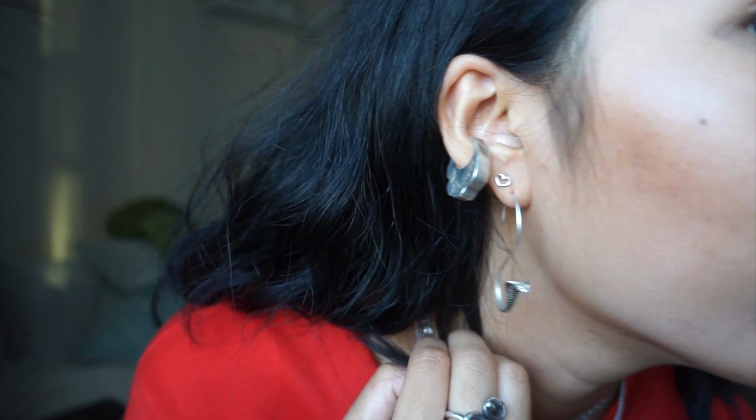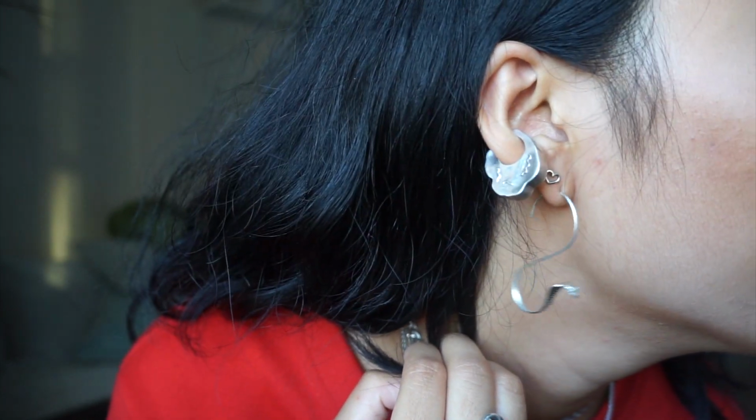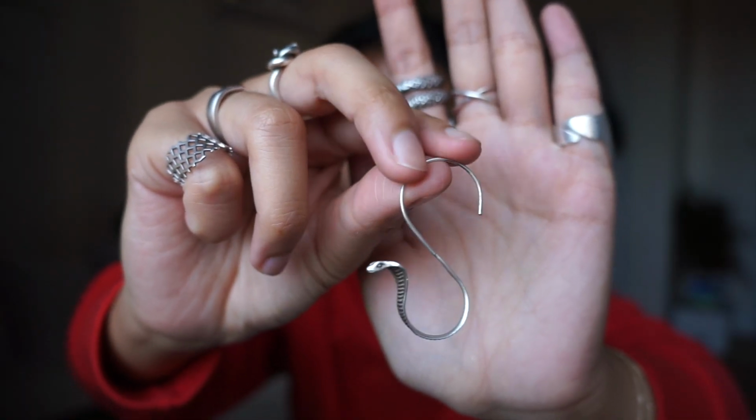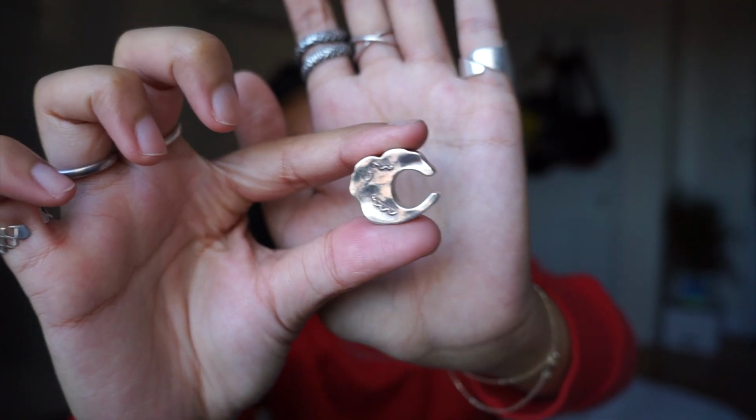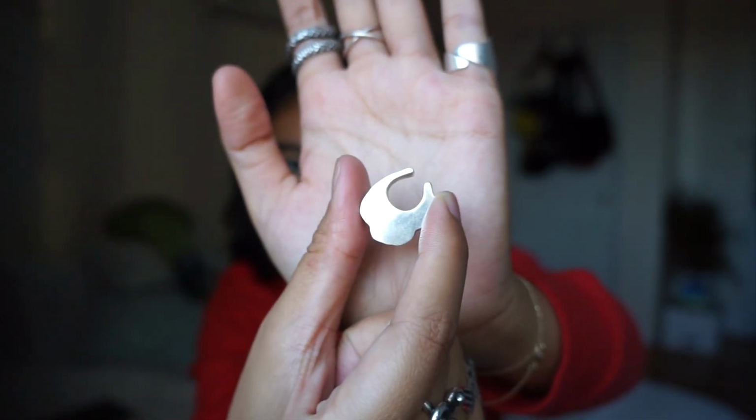Okay, and so the other side of my ear, I'm wearing this snake earring that I got in Barcelona, which is also made in silver. And I got this earring at a concept store called Gray Street. Moving up my ear, I have a white gold heart by Atomic Gold again. And then moving further up my ear, I have this huge ear cuff that I got in Stockholm at